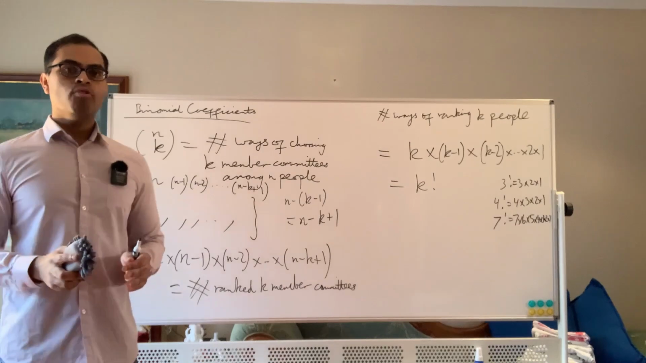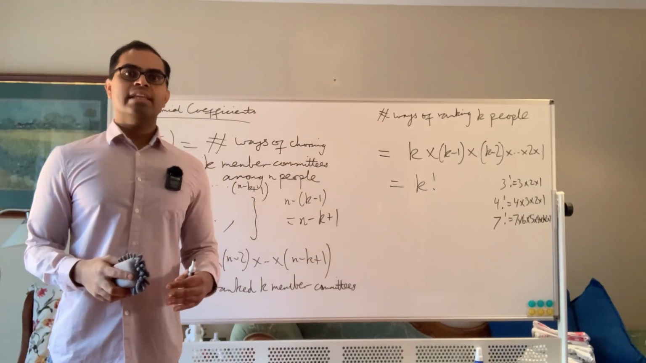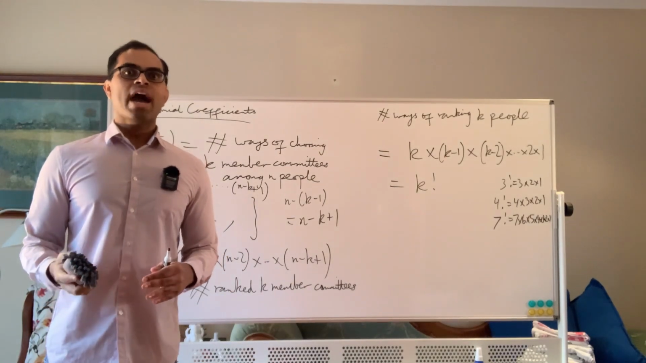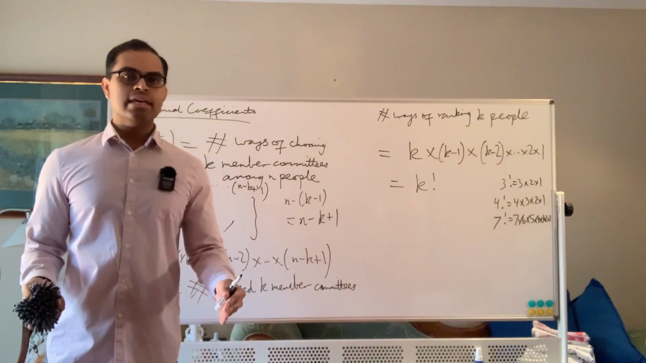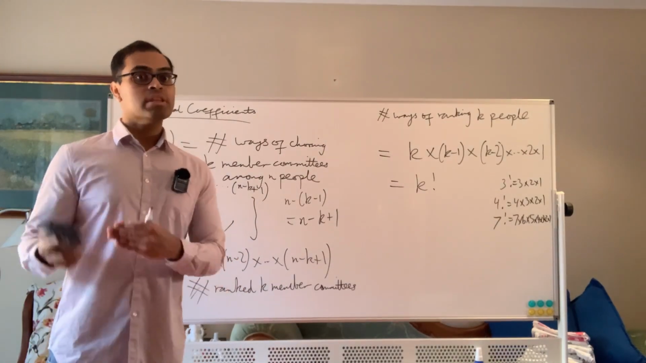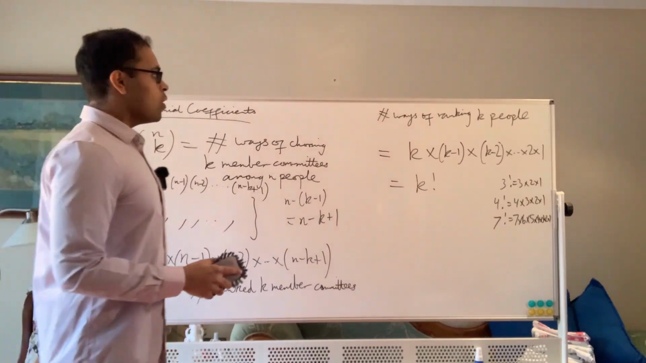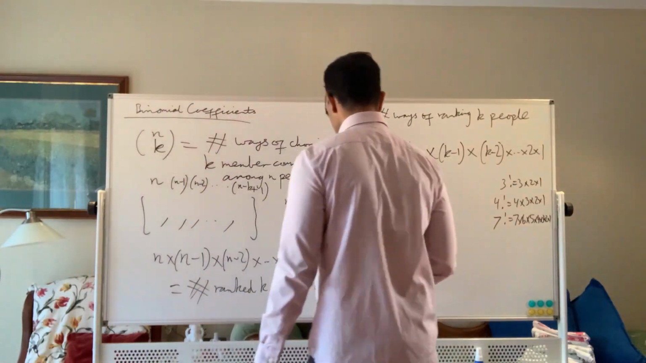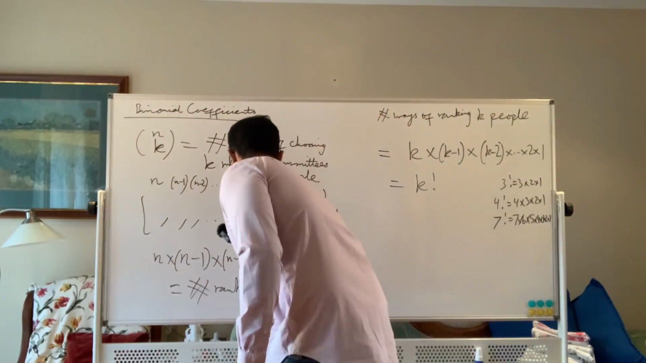Just like before when we had the letters, if we had the letters A, B, and E, we had many different ways of ranking those letters, but they were all the same committee. We had 6 ways of ranking those letters, but they were all the same committee. So we are overcounting. So the actual answer is going to be the formula: